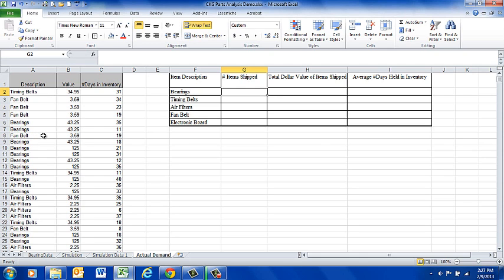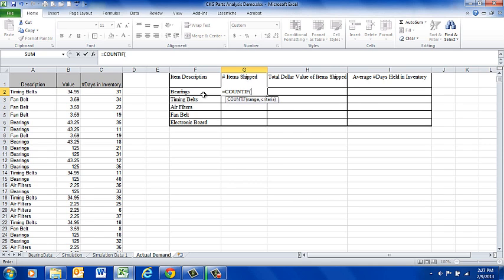So I'm going to say I want you to count in this set of data how many times bearings occurs. The way that we do that, I'm going to type in a function, equals COUNTIF, and then I'm going to open up my parentheses. I can double click this actually. I was going to type it by hand, but I'll double click this, and I get COUNTIF, open parentheses, and then I have to tell it what range of cells I want it to look at as it counts those instances. So I'm looking for the word bearings,